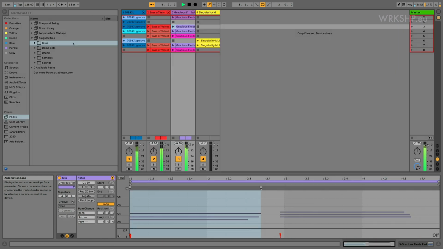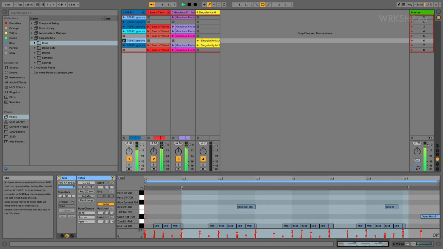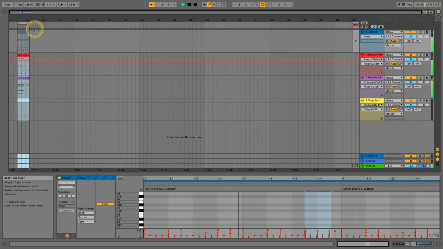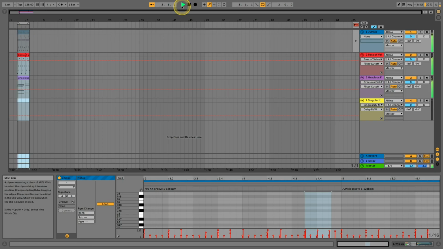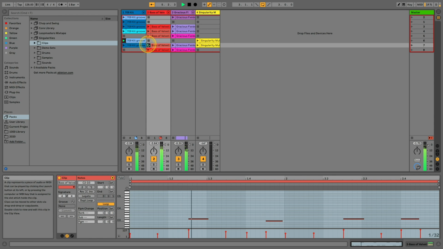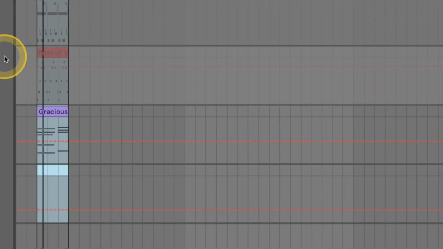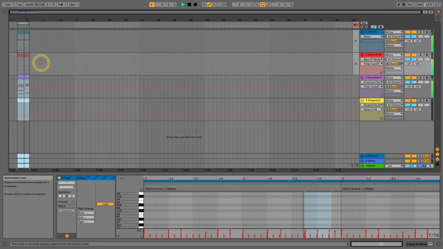Come over to session view. And if, for example, now I choose a different drum clip, you can see that it's playing here. And this one has grayed out. Can do the same with the bass. This one is now grayed out. And if we want to reactivate everything in the arrangement view, it's the back to arrangement button.